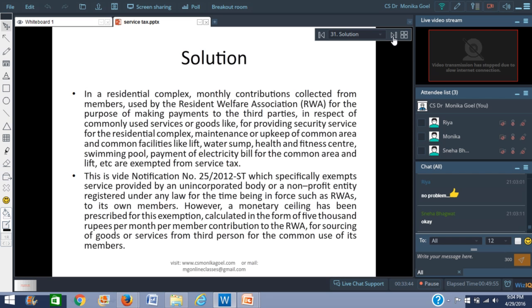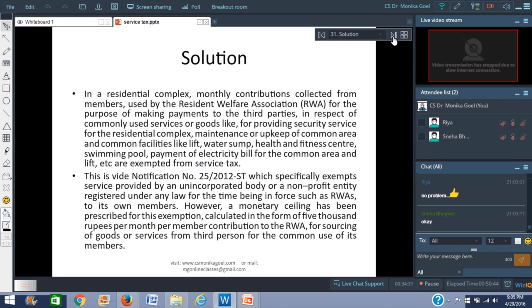So, in a residential complex, monthly contributions collected from members are used by the Resident Welfare Association for making payments to third parties in respect of commonly used services, like providing security service, maintenance or upkeep of common areas and facilities like lift, water, health fitness center, swimming pool, payment of electricity bill for the common area, etc. Now, though the Resident Welfare Association and the members are distinct entities as far as that explanation to the definition of service goes, it is still exempted from service tax up to the amount of rupees 5,000 per month. There is a notification number 25/2012